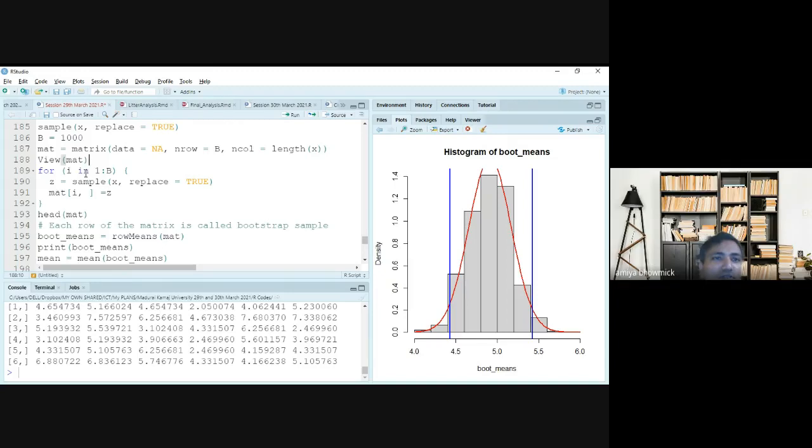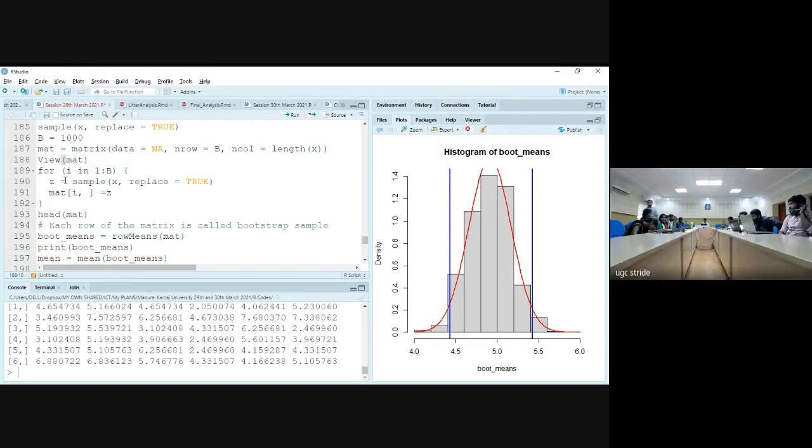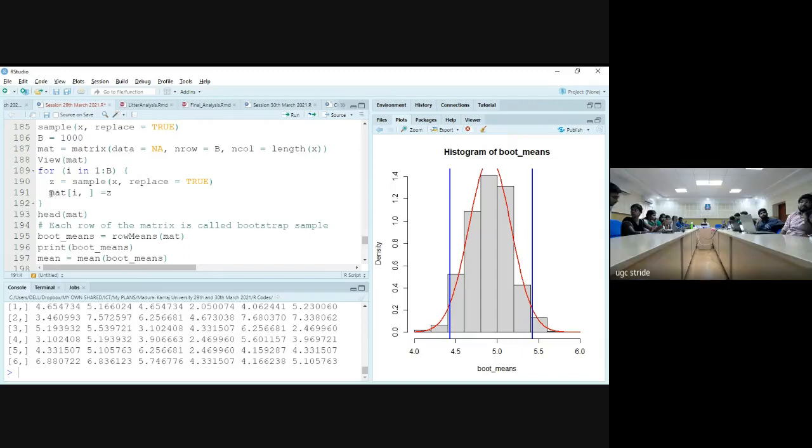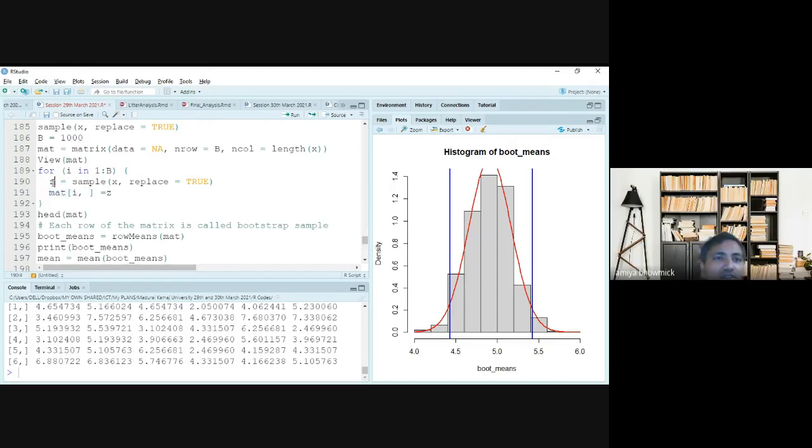For i taking values 1, 2, 3, 4, 5, 6, when i equals 1, I am simulating a bootstrap sample from the original data, a sample of the same length, and filling up the first row of the matrix using this.